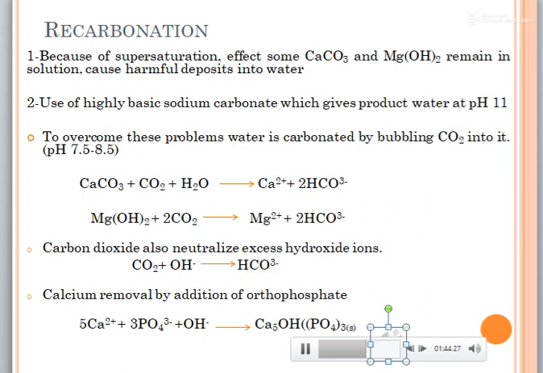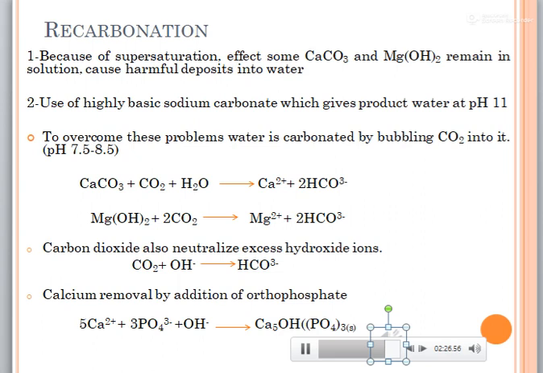The source of carbon dioxide used in the recarbonation process may be from the combustion of carbonaceous fuel, or scrubbed stack gas from a power plant, frequently utilized. Water adjusted to a pH, alkalinity and calcium concentration very close to calcium carbonate saturation is labeled chemically stabilized. It neither precipitates calcium carbonate in water mains, which can clog the pipes, nor dissolves the protective calcium carbonate coating from the pipe surface. Water with calcium concentration much below calcium carbonate saturation is called aggressive water.